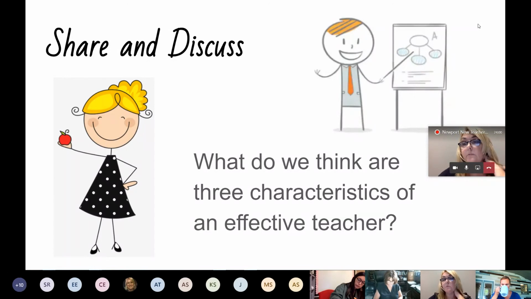So as we move forward throughout this year, our time together will be focused around these 3 characteristics of effective teachers: the classroom management, the expectations, and the lesson mastery. So our session today will focus on these 3 characteristics and how they look and sound in a virtual learning environment. All of our work this year will focus around those 3 characteristics.